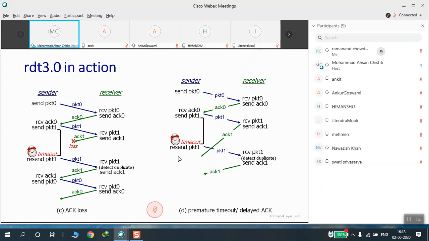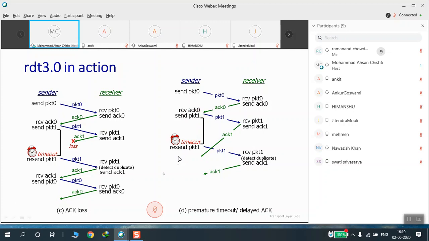But before the acknowledgement was received, the timeout had happened, what we call premature timeout. The packet was sent once again here. This packet was sent again here once more. And the acknowledgement came after it. You can see here the acknowledgement is reaching after this packet was sent. So what happens in this case?